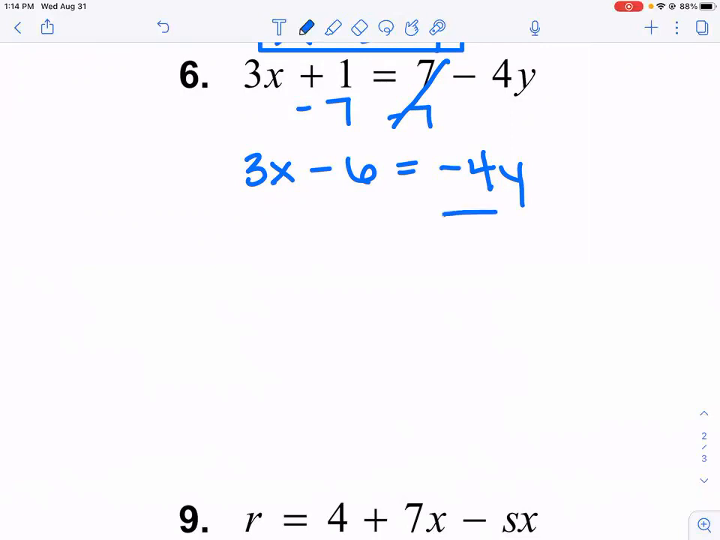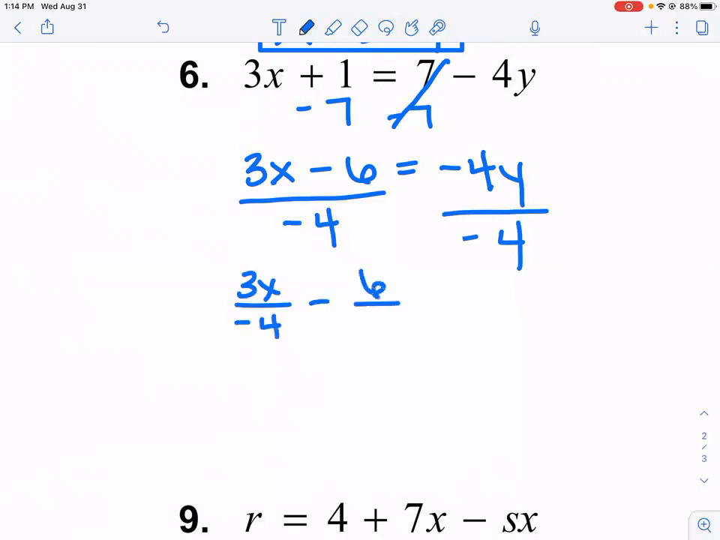Divide by -4. Okay, now make sure that that negative stays with the 4. Now we need to divide by -4. So we have 3x divided by -4 minus 6 divided by -4 equals y. Okay, 3 divided by 4, that doesn't happen. So we're just gonna leave it as -3/4 x. We're just gonna leave it like that. Okay, now